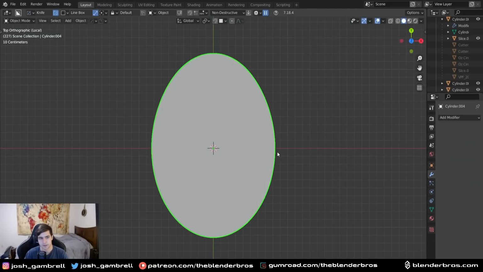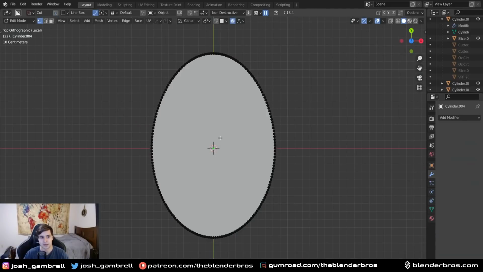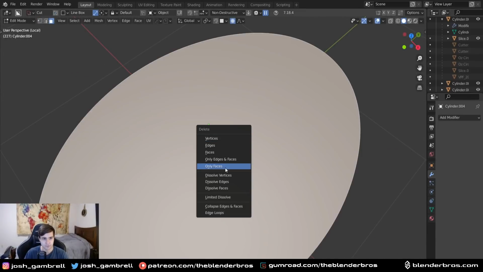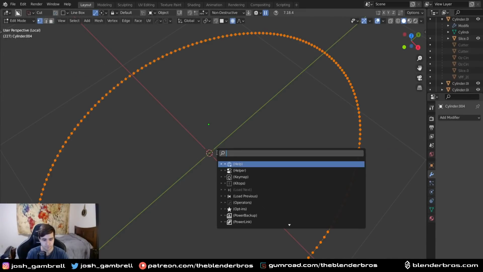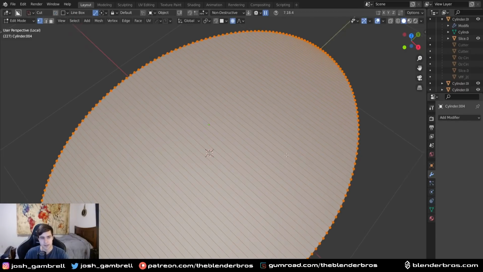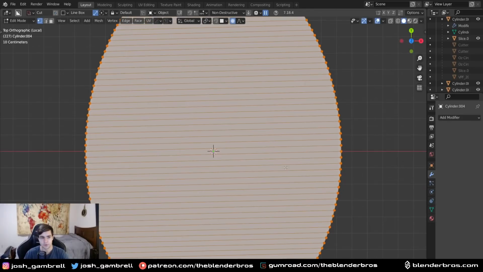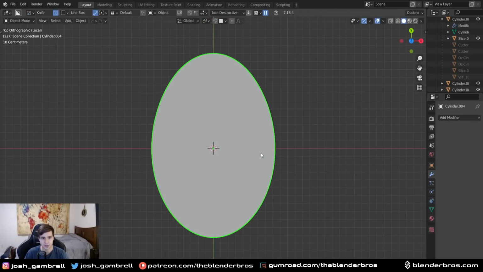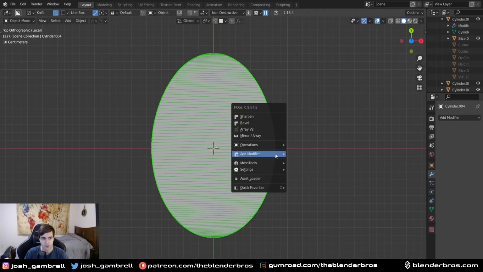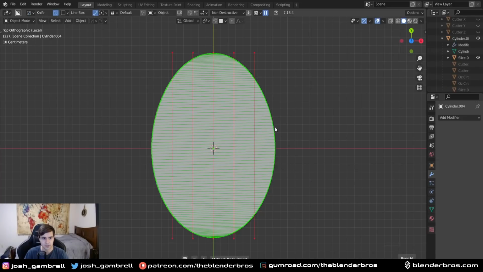Now in a situation like this, where maybe you have a big n-gon, right? What you could do is delete out only faces, and then you could run a grid fill. So grid fill, and it might actually run the grid fill just straight across. So in this case, you could actually use a knife project, or even come in here with the dice tool and dice along this axis until you have roughly squares like this. So maybe